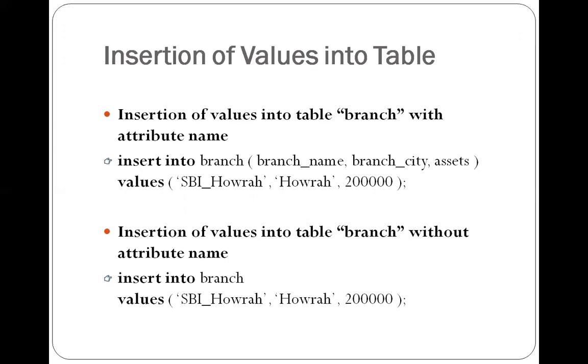How can we insert? Let's see, insert space into space the table name, that is branch here, again open the bracket. Now within bracket we have to specify all the attribute name of that particular table, and after that close the bracket, then space,